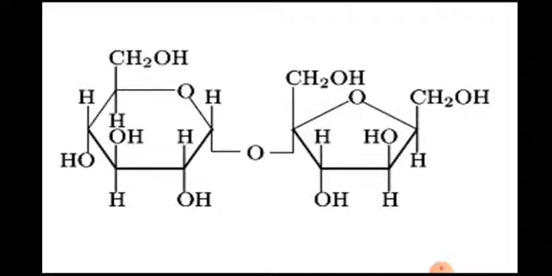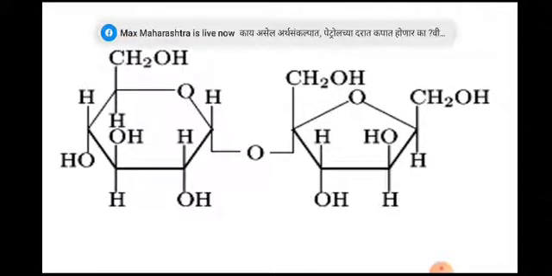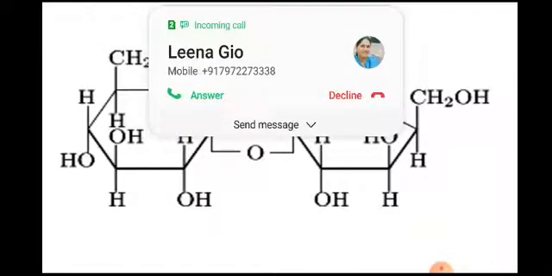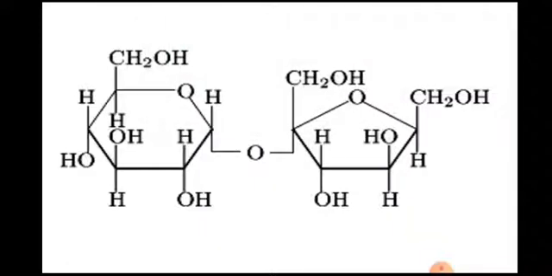So I think you need to practice drawing the structure of all these. First you learn to draw the structure of monosaccharides. Remember the positions of carbon atoms. Understand what is alpha conformation and beta conformation. Then you start drawing the structure of disaccharide. Understand the dehydration reaction. Understand the conformation, the number of carbon atom involved in the formation of this disaccharide, and you understand different types of the linkages.